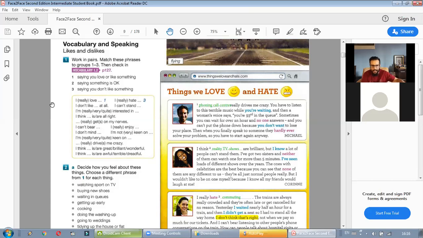Number 3. So let's say, for example, someone who really hates traffic would say, "Traffic really gets on my nerves." This is an expression of hate. I agree with you. Drive me mad or something. Exactly, yes. I can't bear